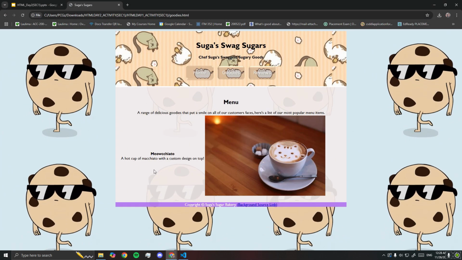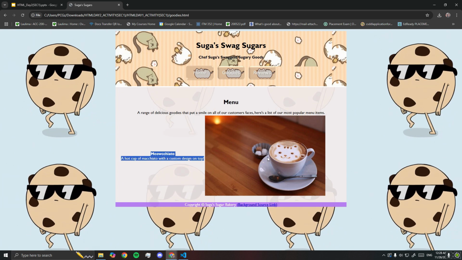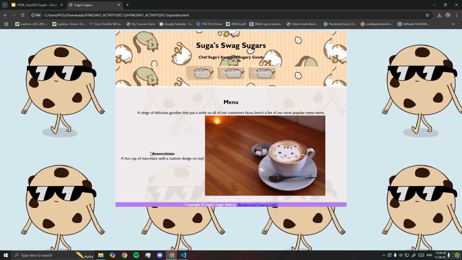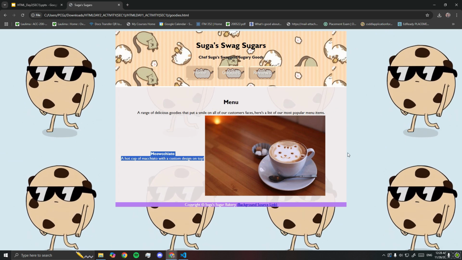So we can refresh, and now you can see that we have our table with the text on one side, and that's the first column. So if you see where my cursor is, this area, this is our first column, and this is our second column, and we have defined this row. Okay,